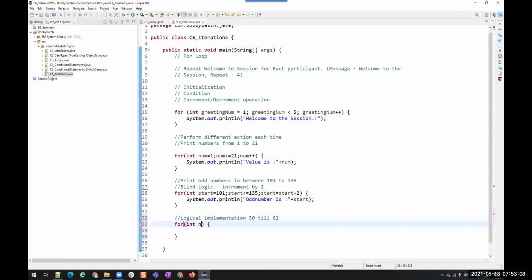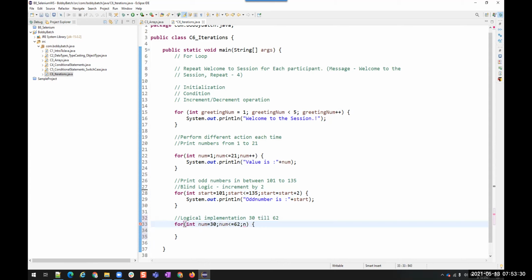What will be my initializing value? 30. And then the condition: less than or equal to 62.